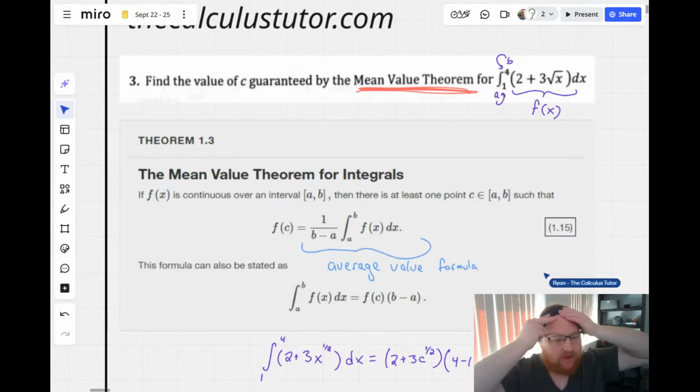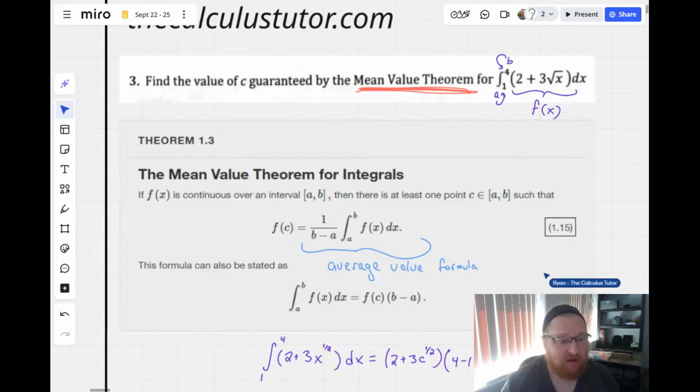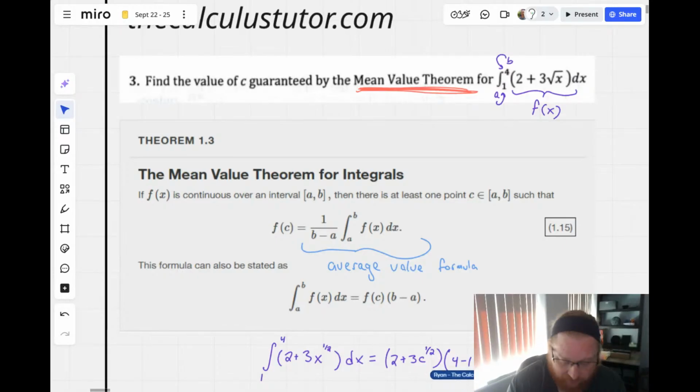So on the left-hand side, we have an integral that, when we evaluate it, is going to come out to be just some number. We don't know what number yet. And on the right-hand side, we have an equation that only has one variable. So we'll be able to move stuff around and simplify, and then we'll just have a really pretty straightforward equation to solve for c. Let's keep going. Let's see what happens. May as well do the integral